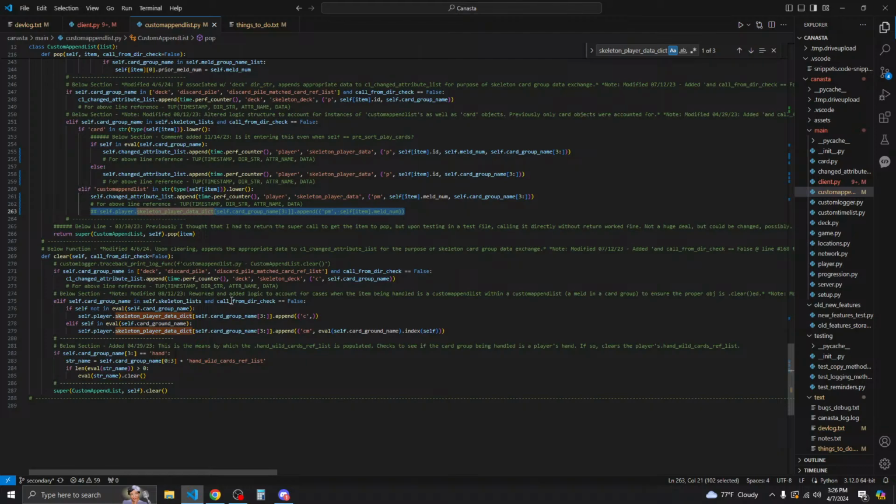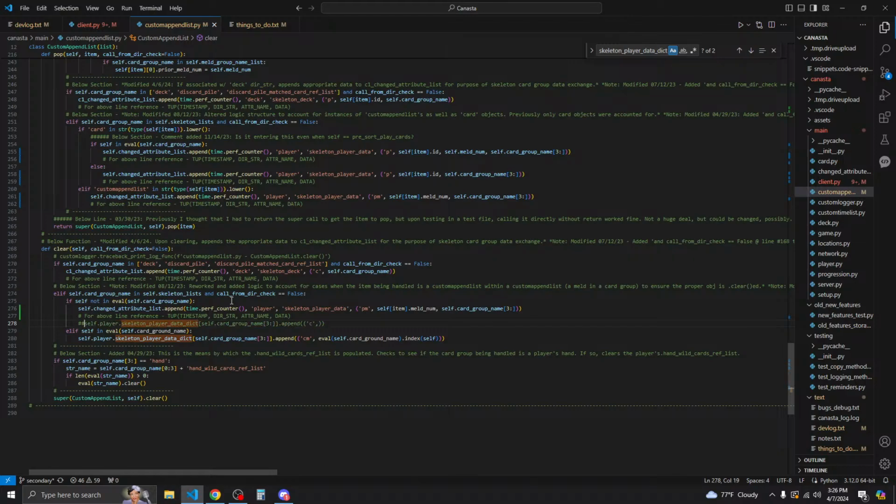And then if you're popping it from a meld, which is the one above that, self change attribute list append timestamp player skeleton player data, and then p self of item ID, but then self dot meld num, because you do need that.